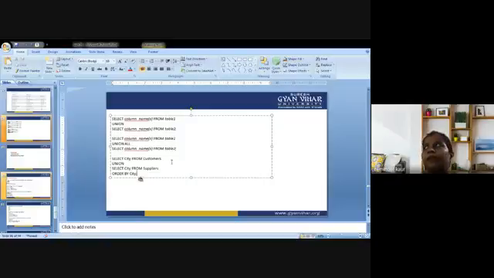Select city from customers, union, select city from supplier, order by city. So we are supposed to run this command. The number of records could be 25.